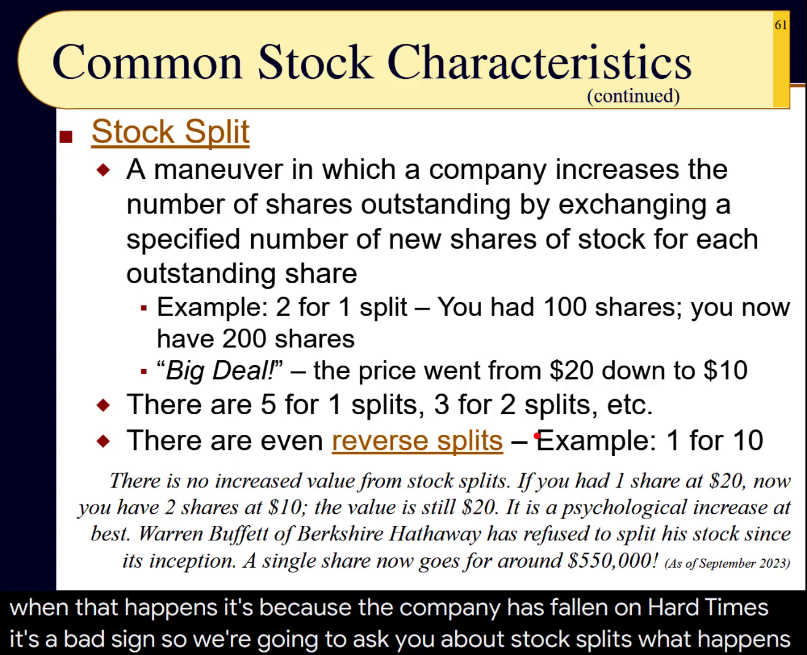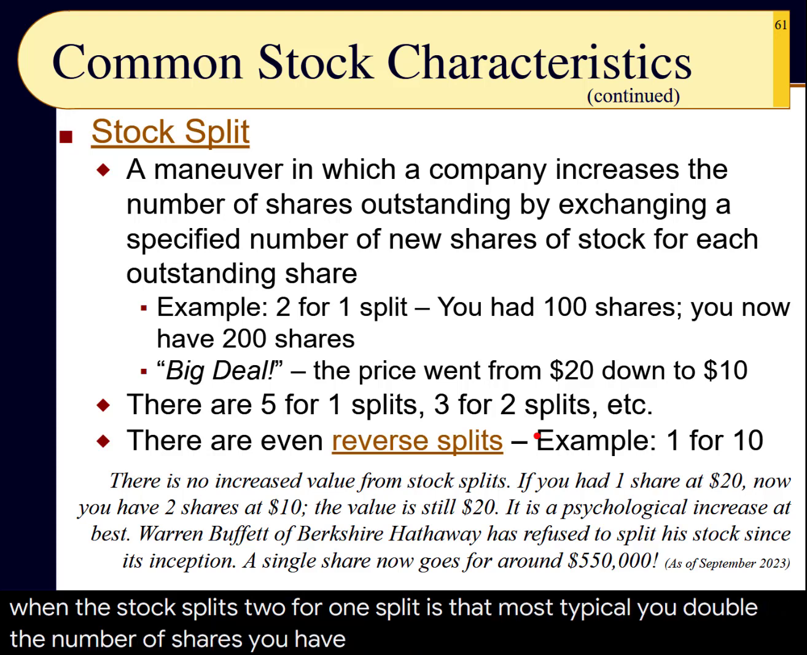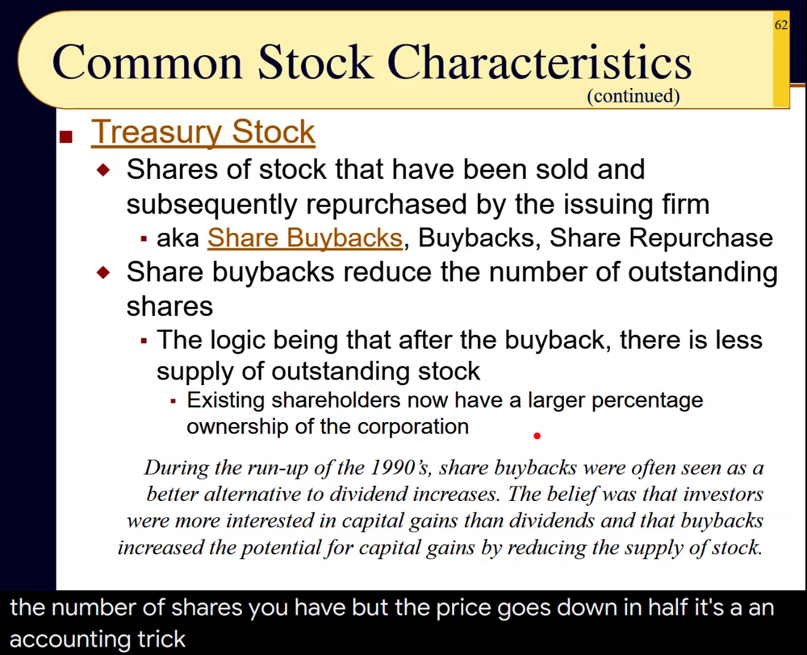What happens when a stock splits? A 2-for-1 split is the most typical. You double the number of shares you have, but the price goes down in half. It's an accounting trick. Treasury stock. What is this? Well, this is an interesting